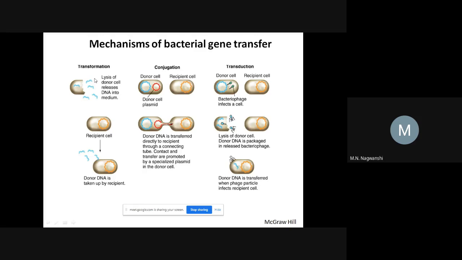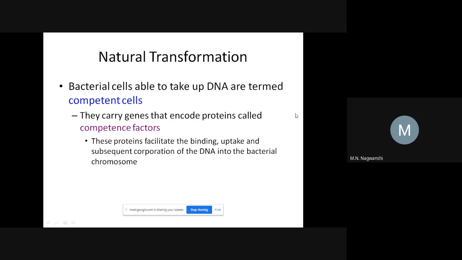So in the first and the last, transformation and transduction, only one bacterial cell is involved, whereas in the conjugation process, two bacterial cells are involved. Now we will see the process of transformation, that is the take-up of foreign DNA material by the bacteria